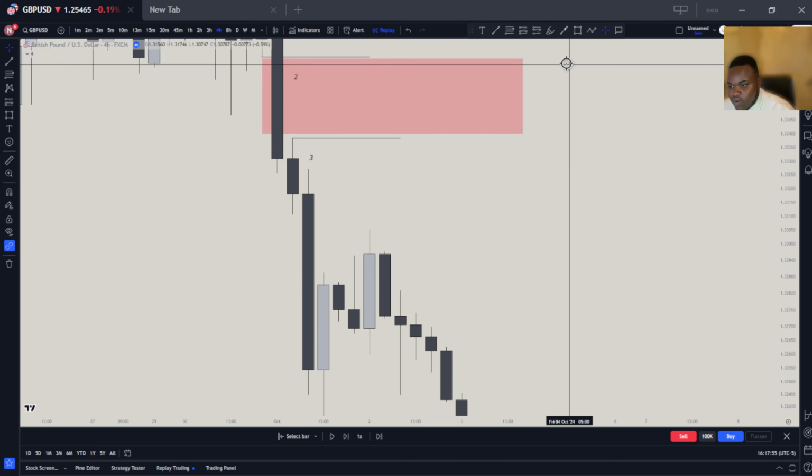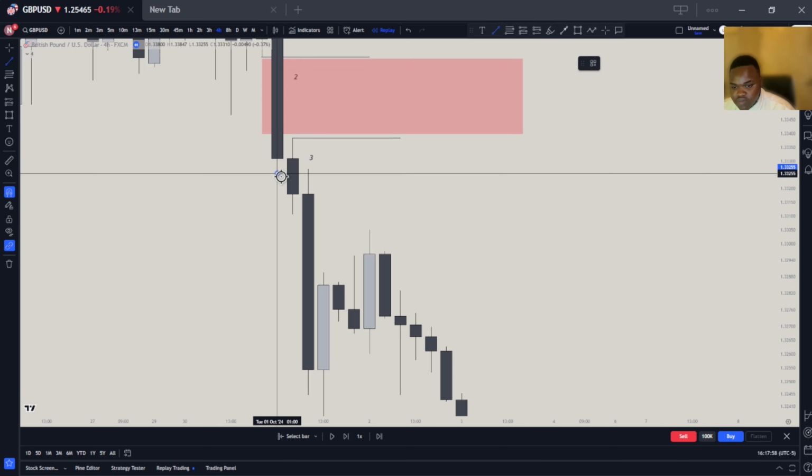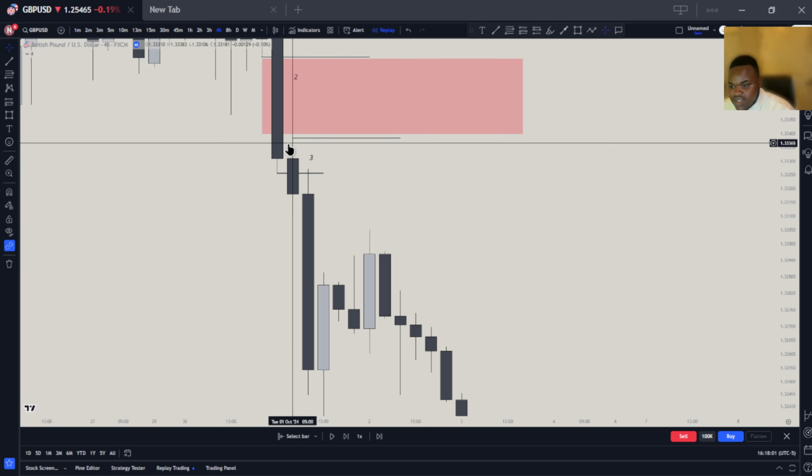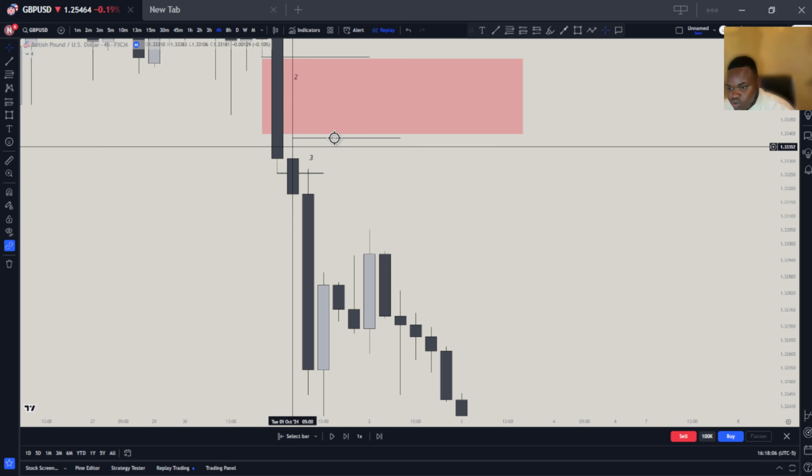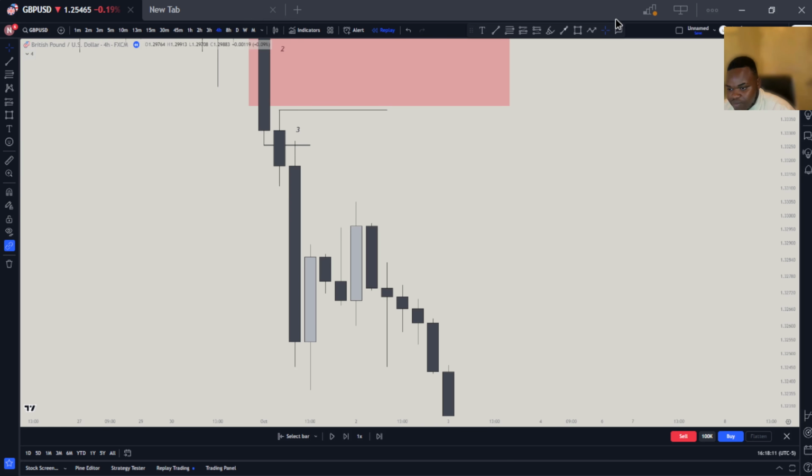So you can see this right here also. You can see this is filled, so this is not an imbalance. So at this time right here, there's efficient price movement. Here also,